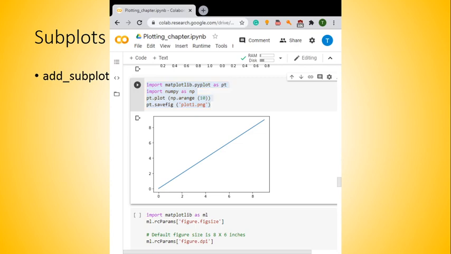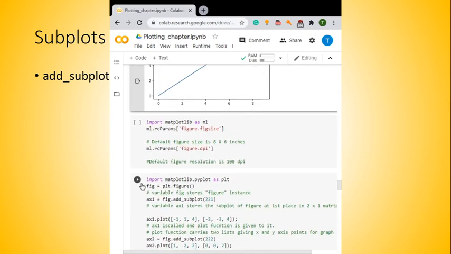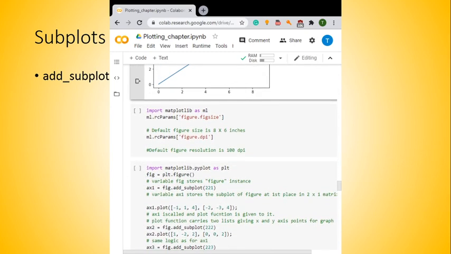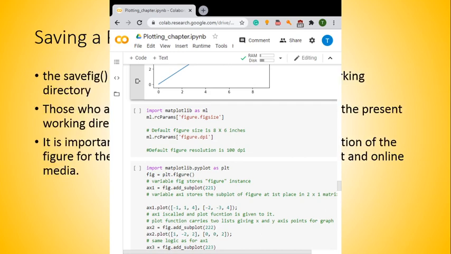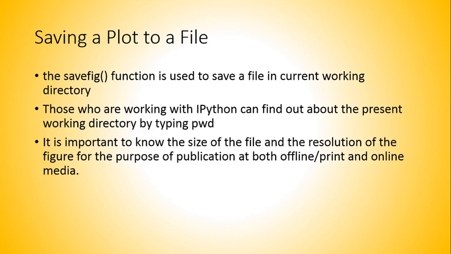It is also important to know the size of the plot, the size of the file, and the resolution of the file. It is very much important for us. So if you are aware that in many cases, for example, when you are applying for different exams,